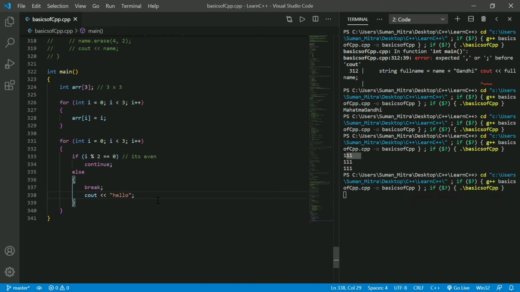Just run it. You can see nothing is printed, even though we wrote that for 0 it's continuing. I'll show you something. Let's put these braces here.